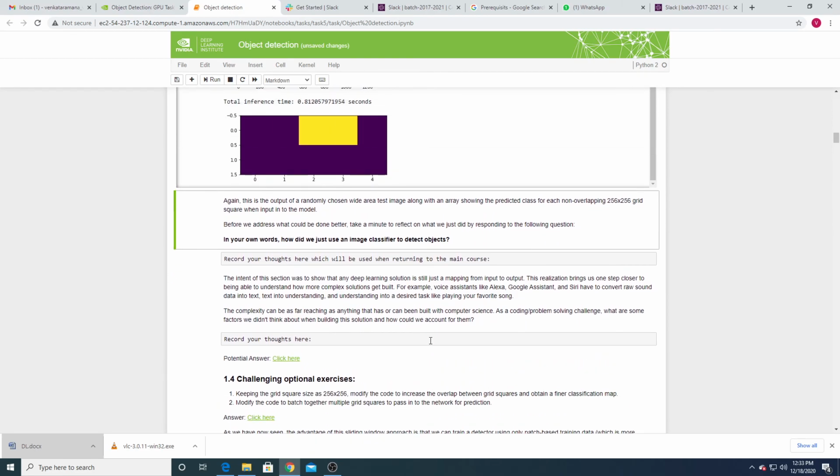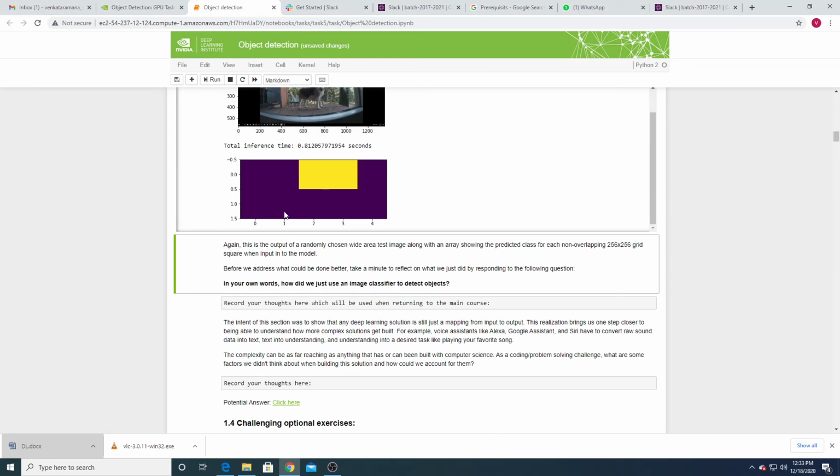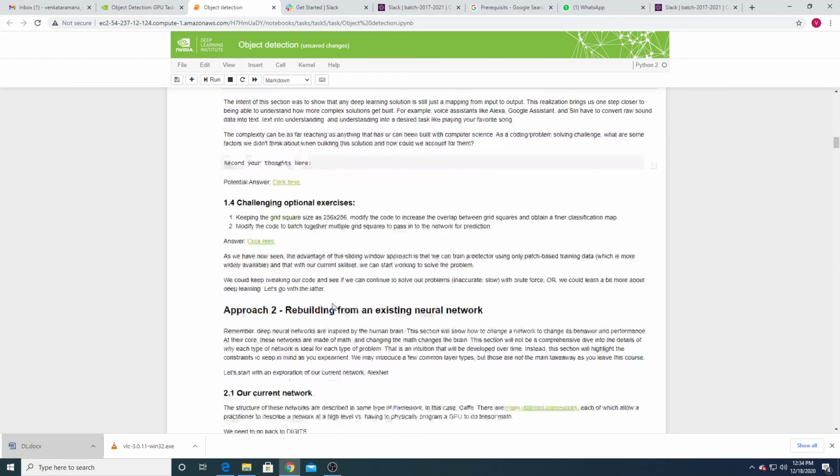And this is a basic version, but it is computationally very expensive, right? If it is a large image, you have to split that large image into small 256 by 256 images, and every time we pass that 256 by 256 image to the pre-trained model, and in whichever window you have that object, that will be localized, or segmented. Hope you understand how the sliding window technique works for object detection.